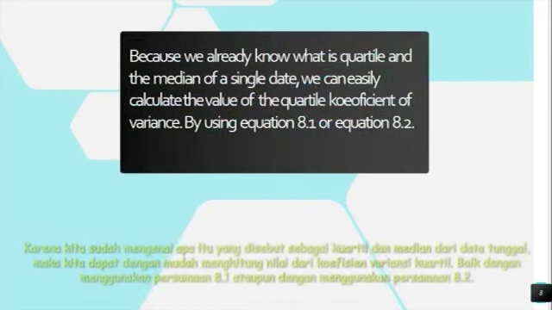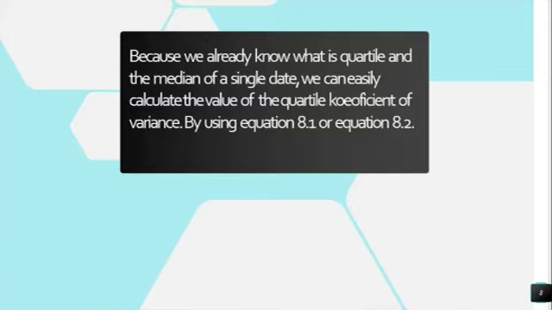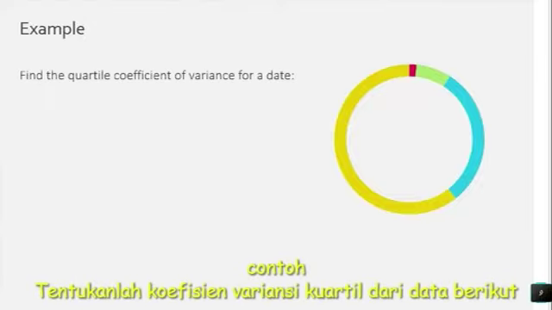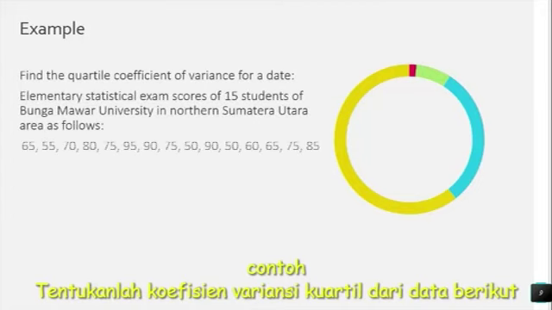Okay, friends, because we already know what the quartile and the median of a single data are, we can easily calculate the value of the quartile coefficient of variance by using equation 8.1 or equation 8.2. Example: find the quartile coefficient of variance for the data